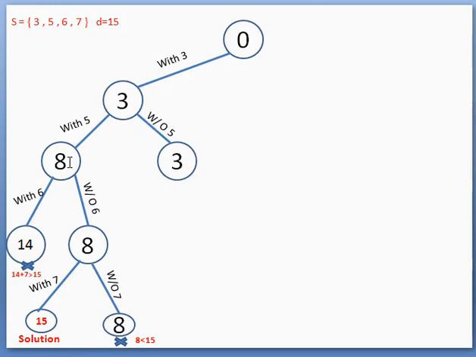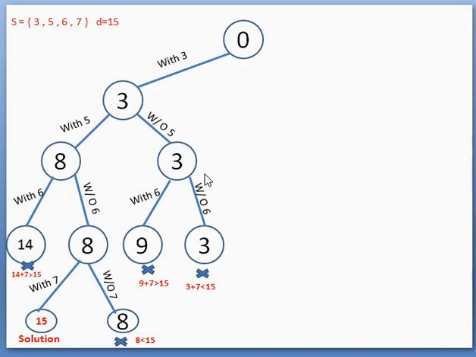Then I will come back to here. Up to this point, below this all possibilities are done, including 5, 6 with 6 without 6, with 7 without 7. So now here I have done only up to with 5. So then for 3, now I will exclude 5. If I exclude 5, sum 3 remains 3. Next step is inclusion of 6,